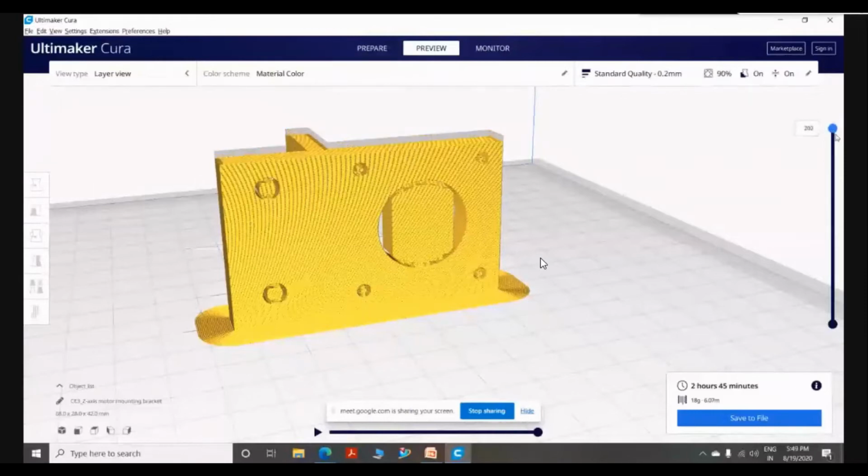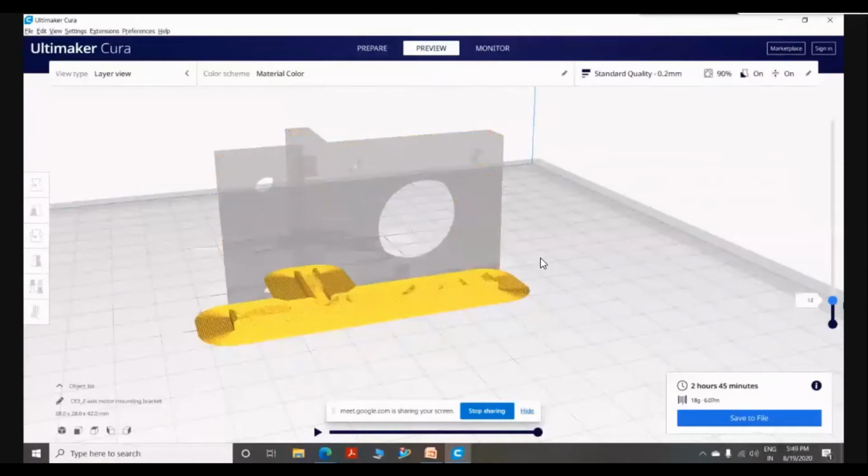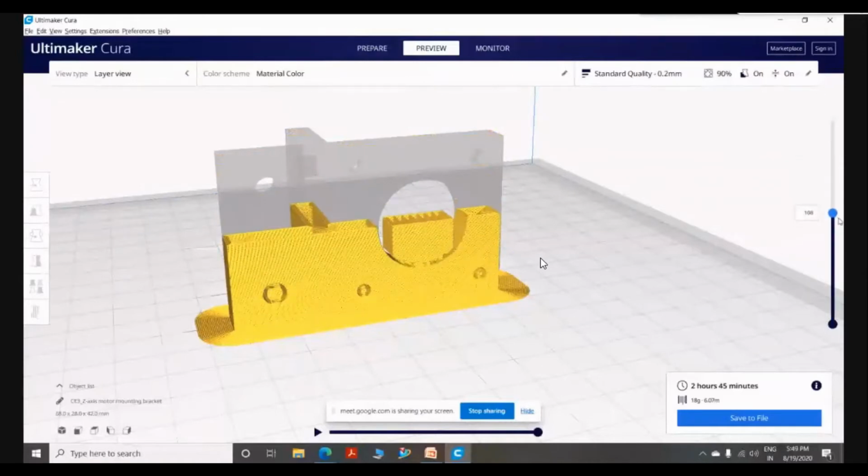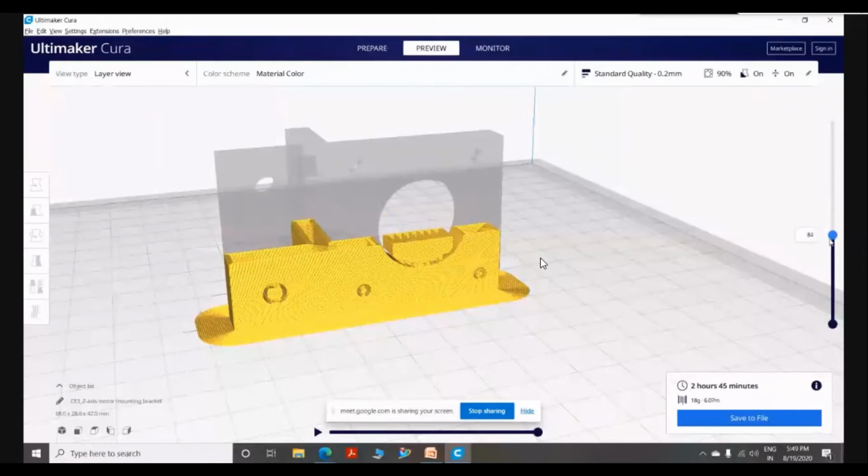Then if it goes down, you can see each layer, at whatever number you want to see, say 112 layer. If you want to go to the base side, then you can see the base side. So if you want to see it from top view,